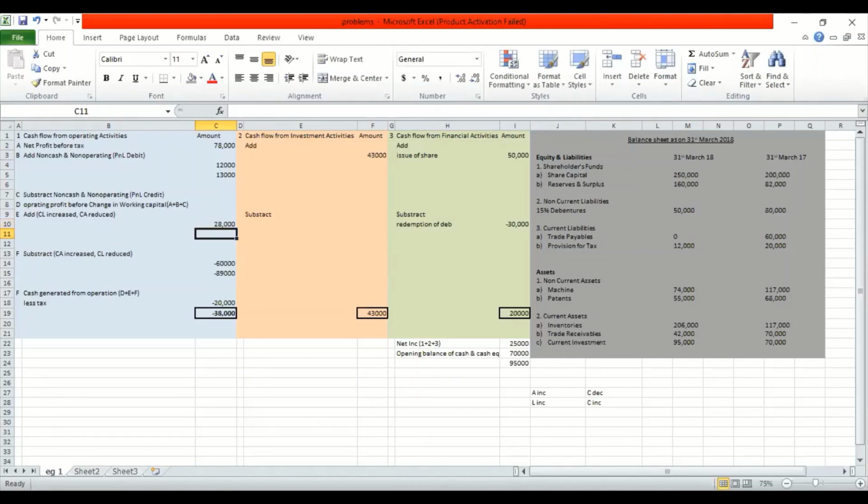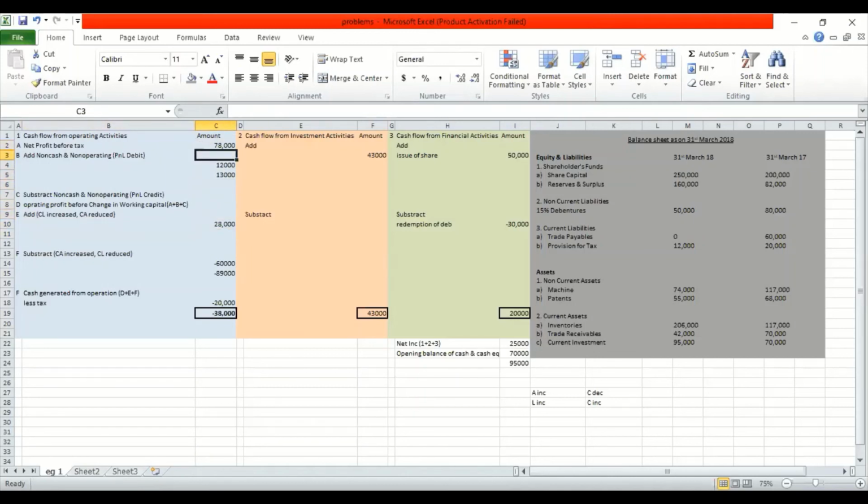All right. Is there anything else left? Yes, current investment. What is current investment? We learned in the earlier slide, no? Current investment is nothing but your cash and cash equivalent. So this is how you can do it. Look, I hardly took five minutes to complete this sum. You can also do it if you follow the same pattern or style of doing.